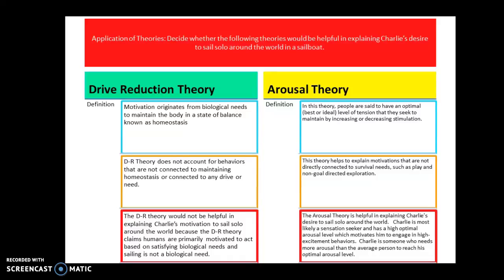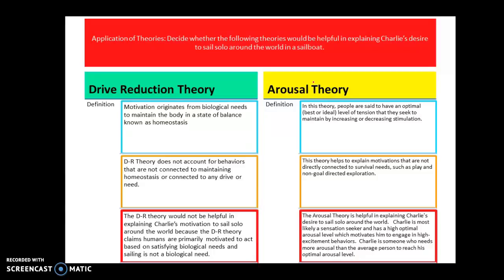In this podcast, we're going to take you through how to do a free response question using the question that is up here in the red. In the red, we have a question that says, we have a man named Charlie who has a desire to sail solo around the world in a sailboat. And then what the question would ask is whether or not the theories provided, the drive reduction here in the green, or the arousal theory, can be useful in explaining Charlie's desire to sail around the world by himself in